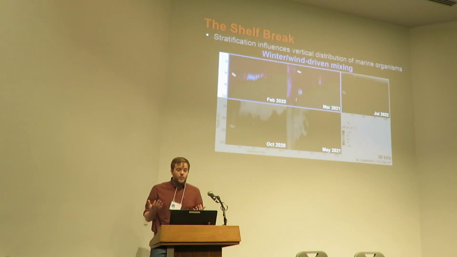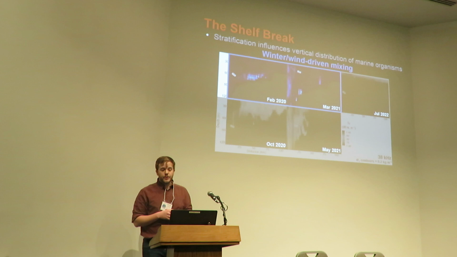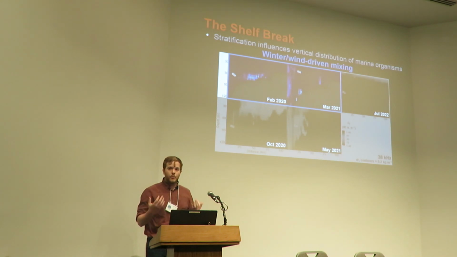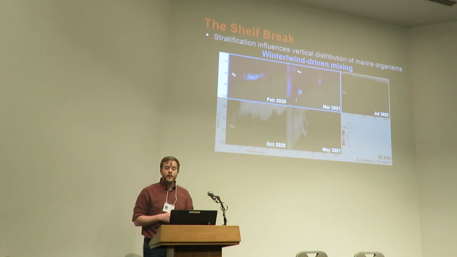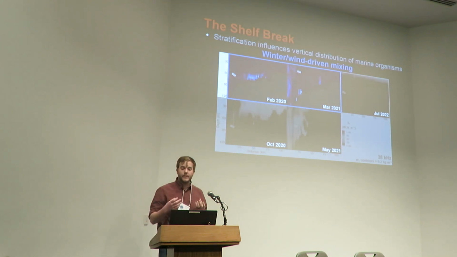So, for instance, during the winter, so the February and March transects shown here, the water column is pretty homogenized, it's not very stratified. Things like winter and wind-driven mixing really stirs up the water column, so you don't really see these pycnocline lines. These are isopycnals being displayed here with the gray lines at 0.2 kilogram per cubic